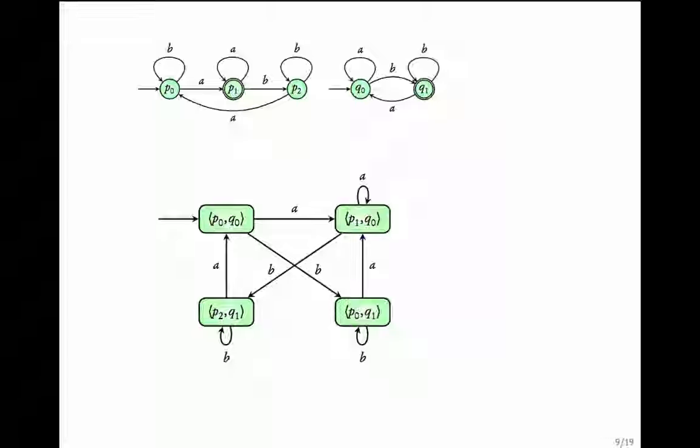What about the accepting states? If you remember, we made some state accepting only if both the states here were accepting. Here P1 is accepting and Q1 is accepting. There does not seem to be a state containing P1 and Q1. So P1, Q1 is not present. That means that in the synchronous product there is no accepting state, which means that the language of the synchronous product is empty.